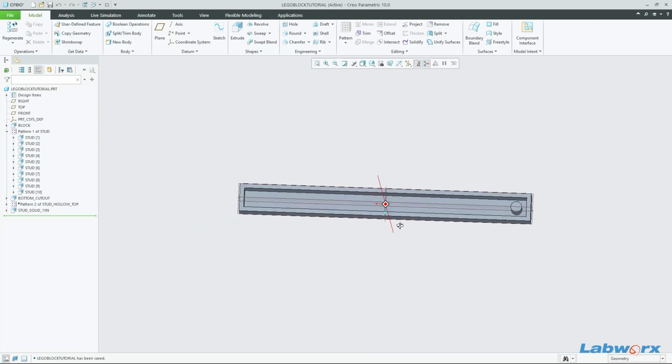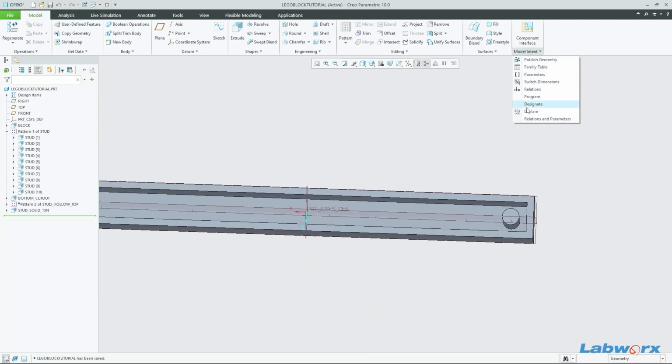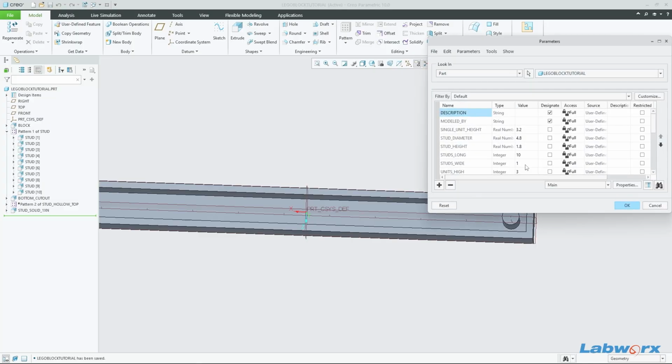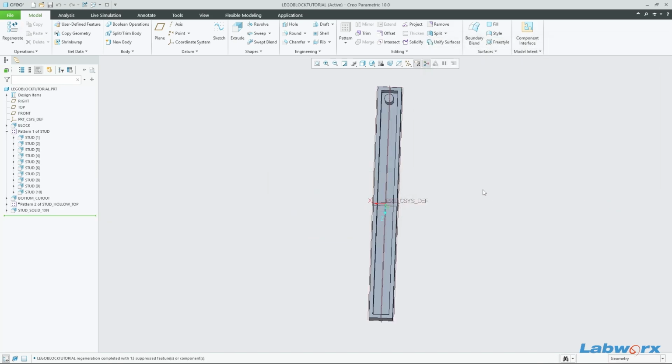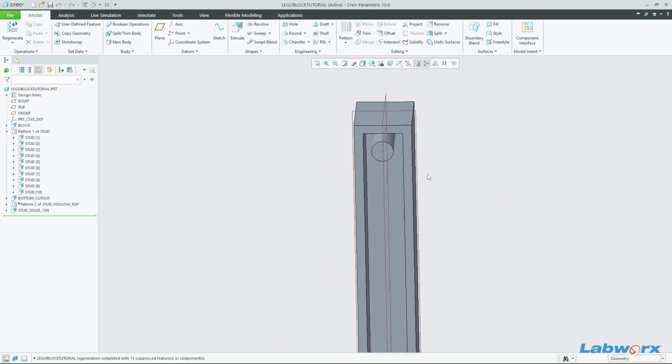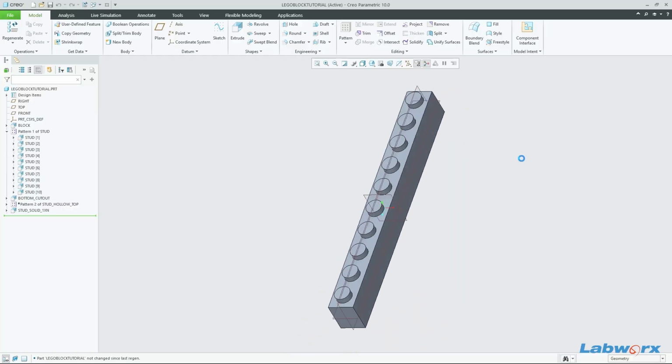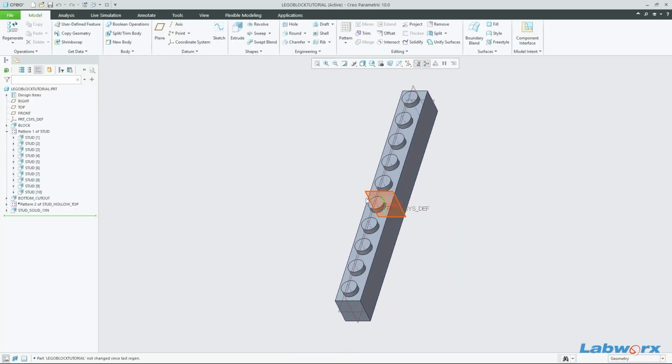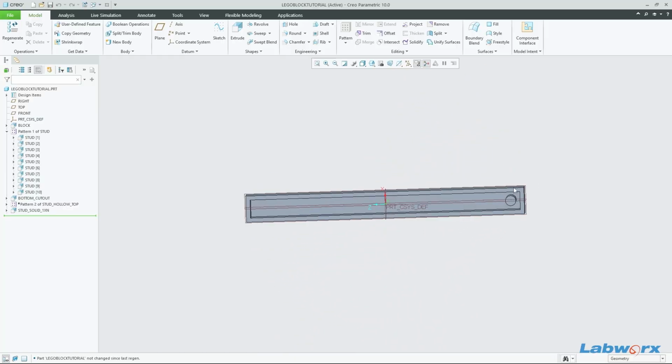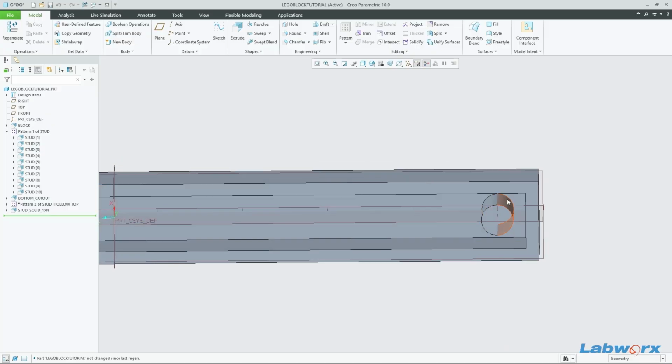Now we can also test that by setting the parameters to studs wide. We'll choose studs wide here and set it to 10, and we'll set that to 1, so it's going to be the opposite way. And we can see here that the part hasn't moved yet, because it's a different orientation,